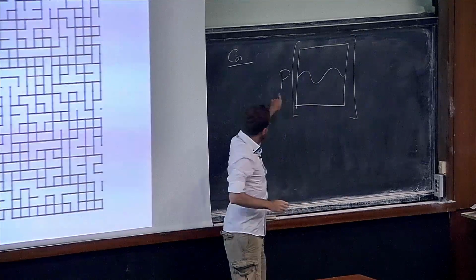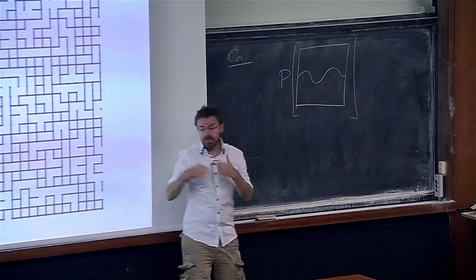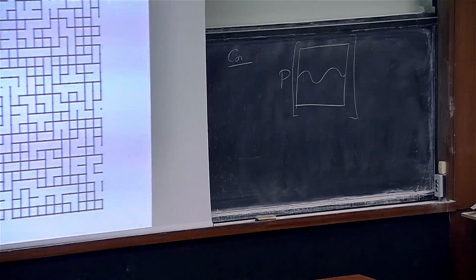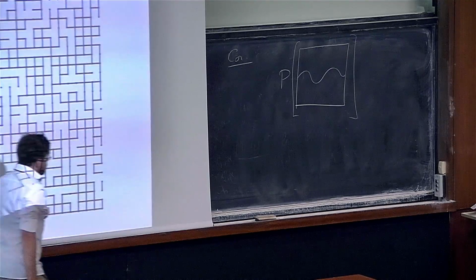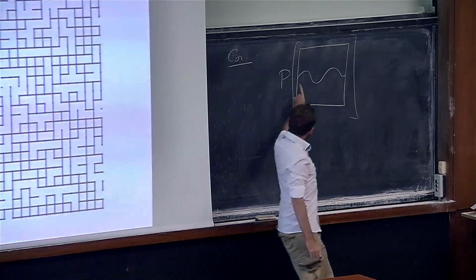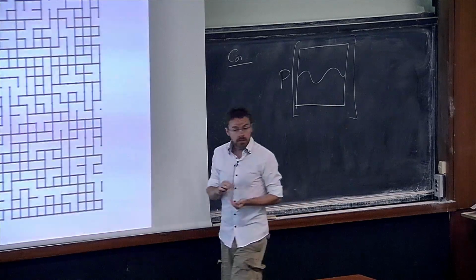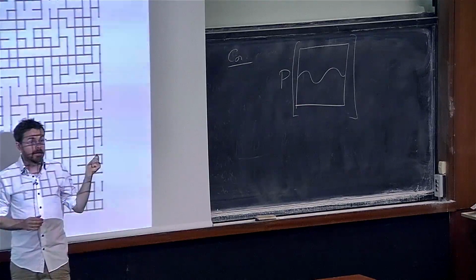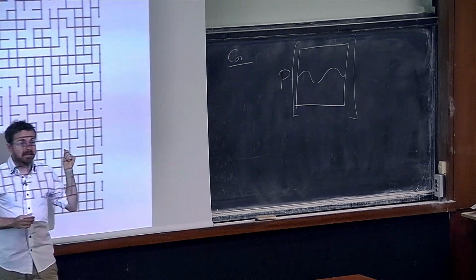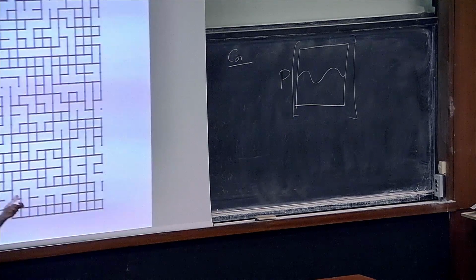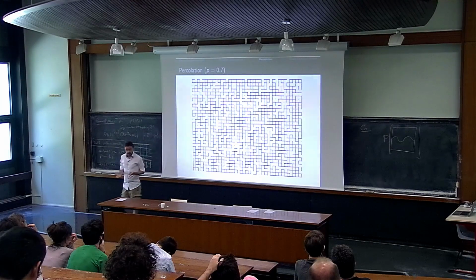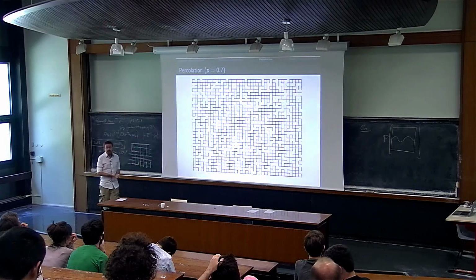And from now on, I will only look at critical percolation, so at p equal to 1/2. So I'm not writing p in the notation anymore, but you should think that it's 1/2. And you look at the probability of this event, that there is a path spanning from left to right. So can you tell what the probability of this event is? That's the one thing you should remember for the talk. It's the one thing that is completely universal in what I'm talking about, and it's the reason why things are